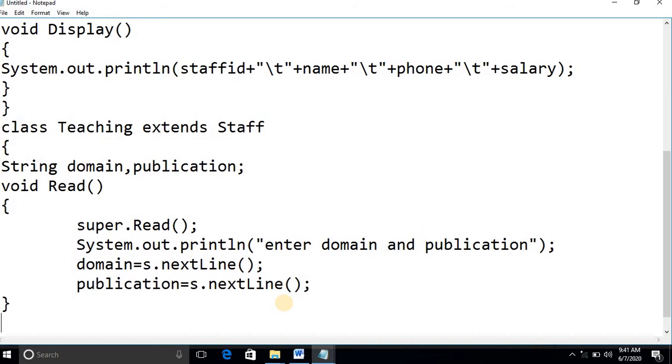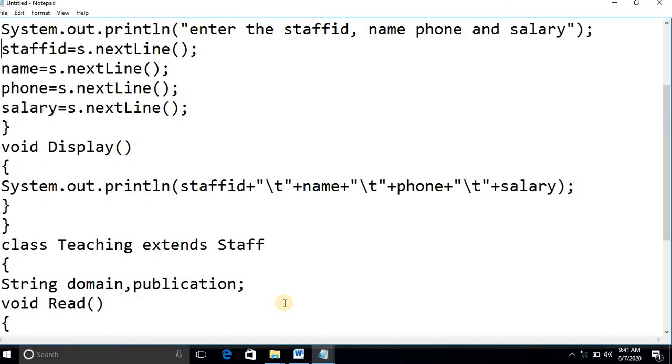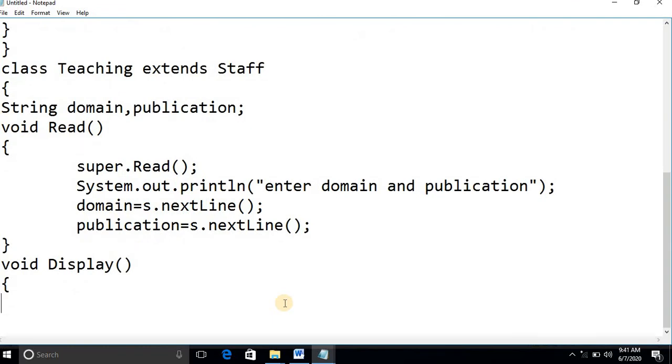Now display. Now you write void display. Here I have already printed staff ID, name, phone number and salary. Already it is read in the base class, no need to define it again. What we can do? We can simply use super.display to call that.